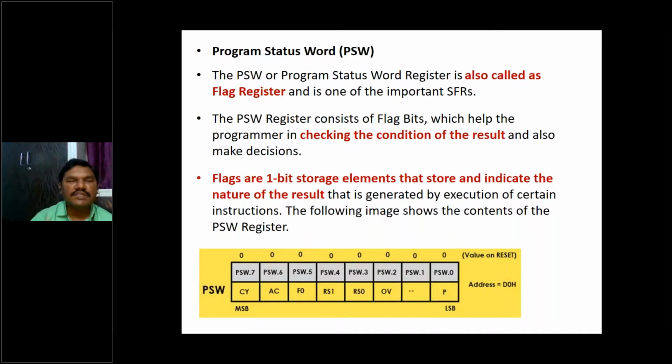Right. This is just beside your A register and B register in the block diagram, which you can see in the block diagram also. It stores the status: if you add two values and carry is generated, that will be stored in the carry bit. If auxiliary carry is generated, that will be stored in the AC bit. If P is 0, even parity. If P is 1, odd parity. Like that, you can check it.